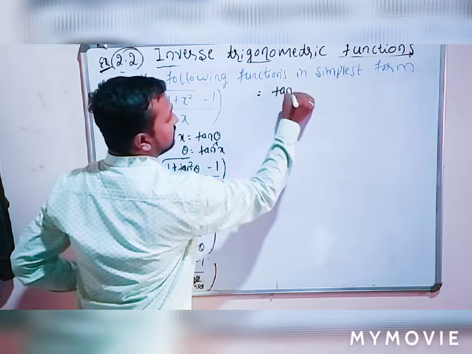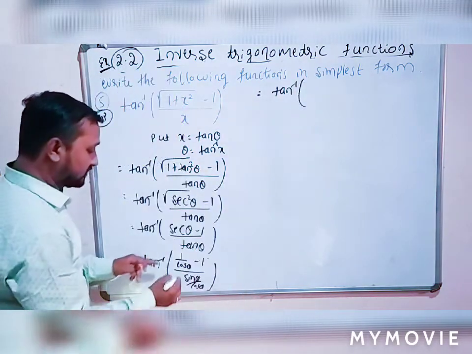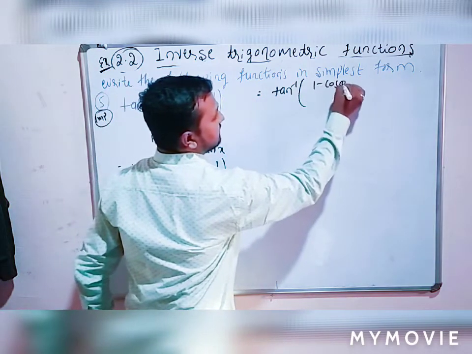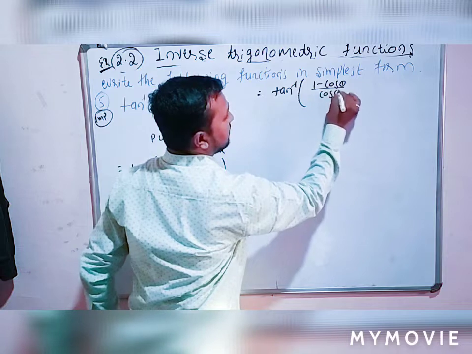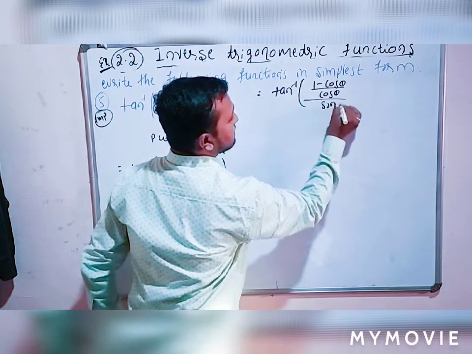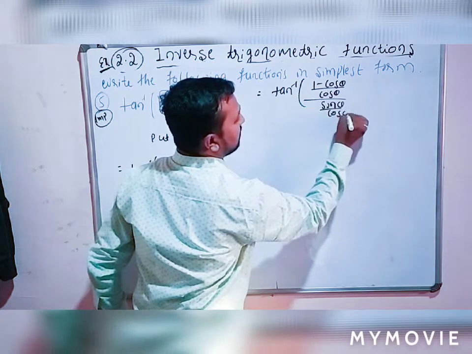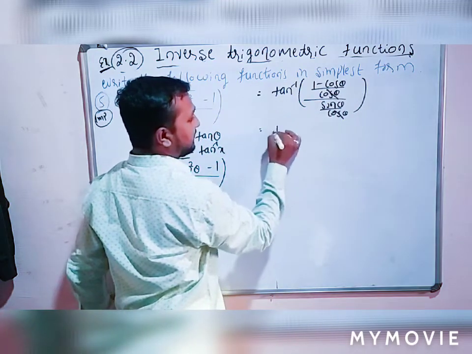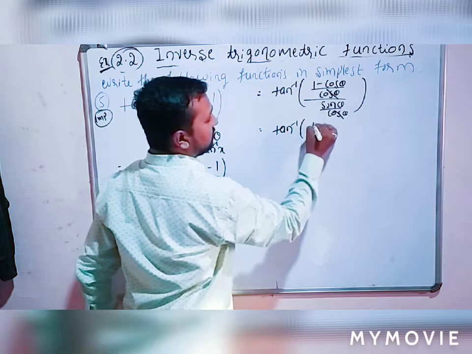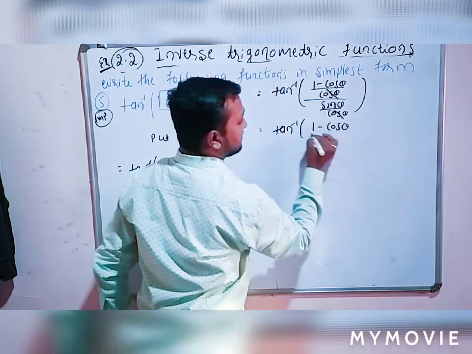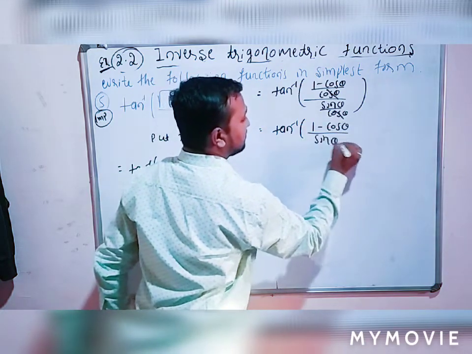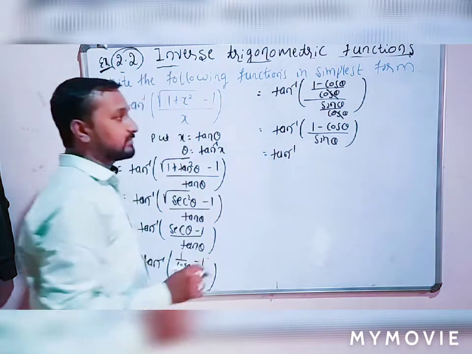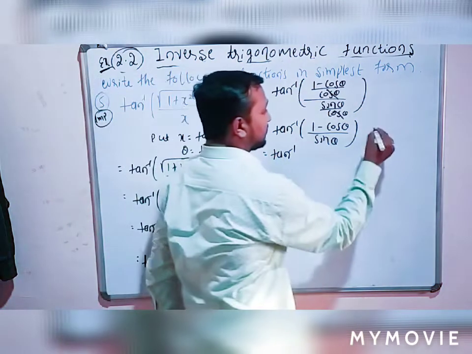Next, simplify this step. Tan inverse of, take the LCM: 1 minus cos theta divided by cos theta, the whole divided by sin theta divided by cos theta. Here cos theta gets cancelled. The remaining step is tan inverse of 1 minus cos theta divided by sin theta. Is that clear? That is equal to tan inverse of 1 minus cos theta, and already we know that